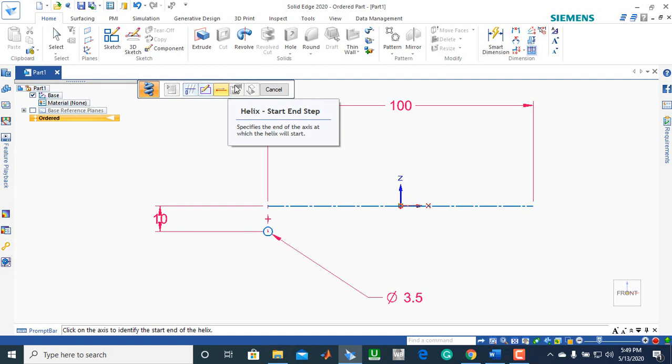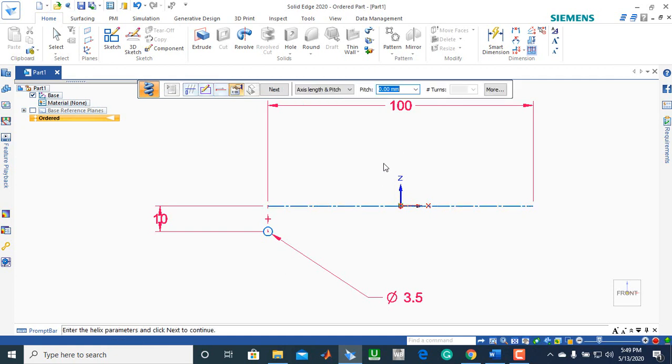So this is what we have. What we're going to do now is press your mouse along this line where we have the axis of rotation, and once that line is highlighted, press on it. This command appears. We're going to change the pitch there to 5 millimeters and enter.